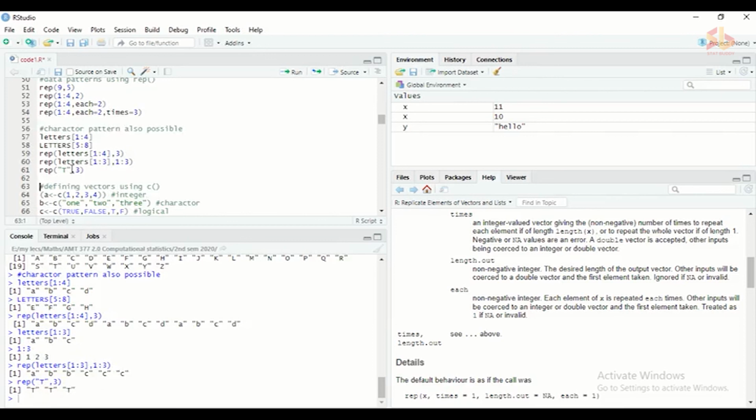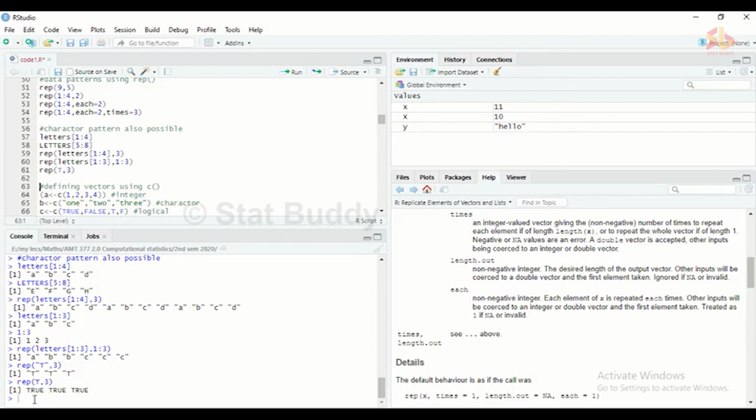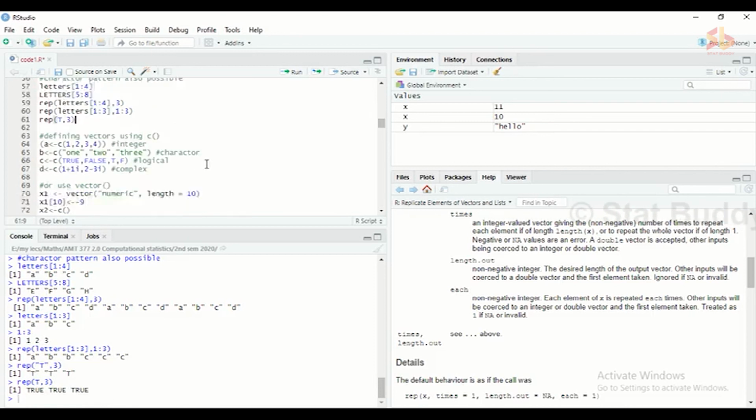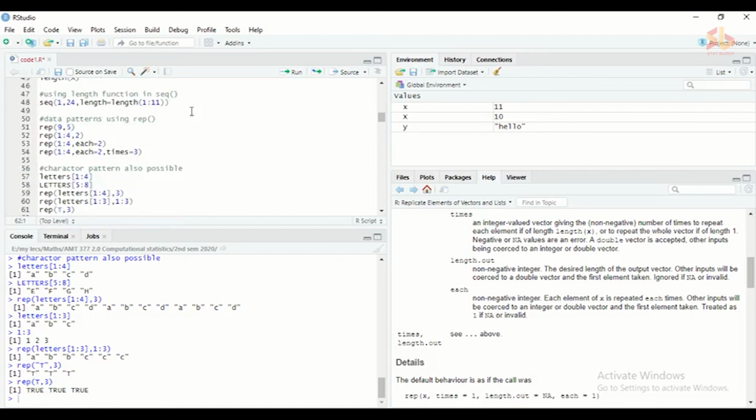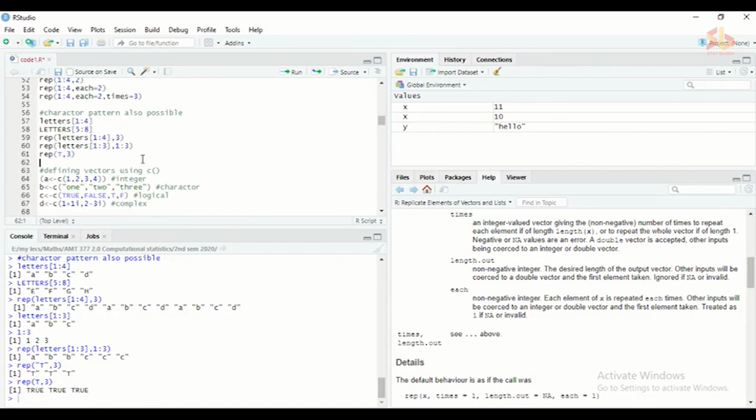But you can use logical vectors as well, logical patterns. So now, without the inverted commas, capital T is treated as the true state. So then our pattern is true, true, true. So now it is a logical string. So that's the difference. And now we have discussed a few methods to create patterns.